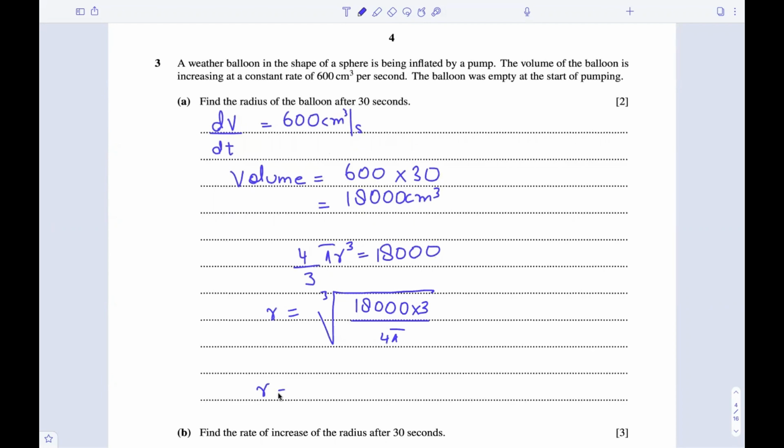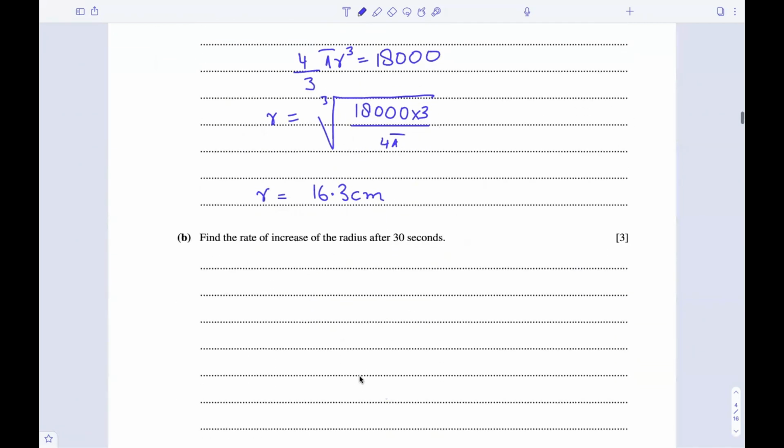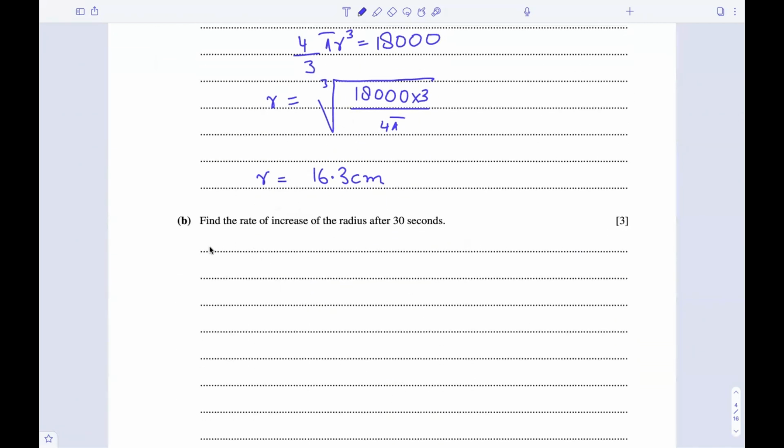So r would become 16.3 centimeters. Now it is saying find the rate of increase of the radius after 30 seconds. For rate of increase of radius, we'll first write the relation that dV/dt is equal to dV/dr into dr/dt. We have dV/dt. If we can find dV/dr,